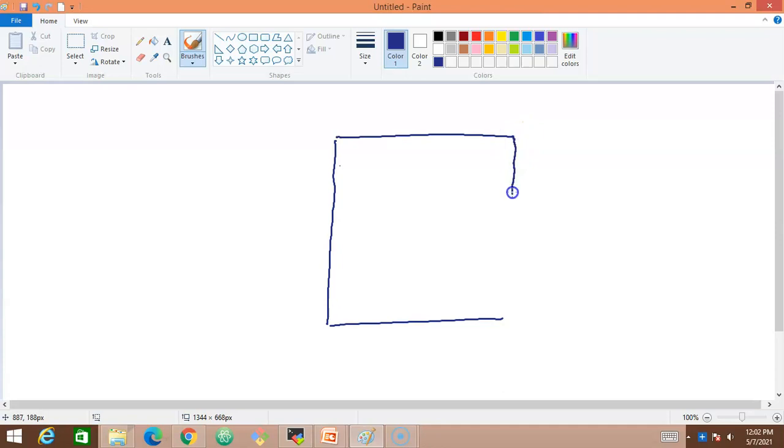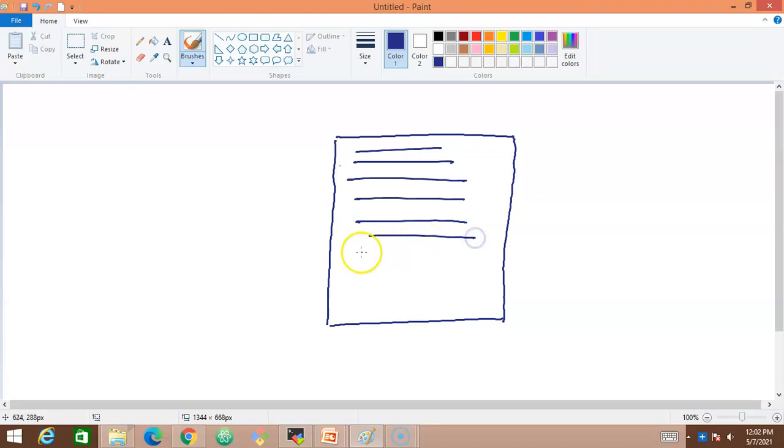This is a file. Inside this file we have some content, and let me say there are 10 lines: 1, 2, 3, 4, 5, 6, 7, 8, 9 and 10. There are 10 lines inside this file. Or there might be multiple lines inside this, not only 10 lines, there might be some 100 lines.